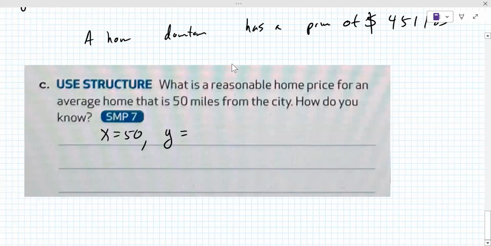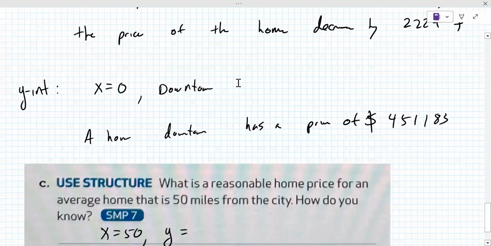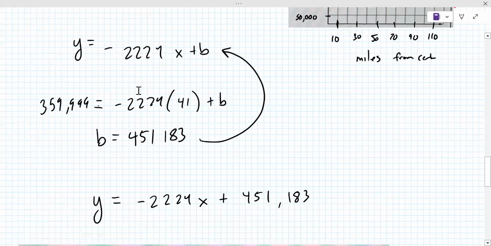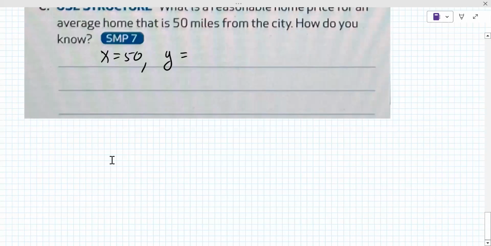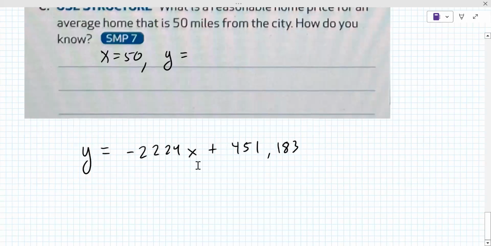300,000. Did you already put that into the equation? Oh, no. Okay. Put that in. You have to put that into this equation right here. Put in 50 for X. So you're going to multiply by 50 down here, and you might be right. It'll be close to there, but it won't be exactly that. And that's where, if you're just having a casual conversation, you're like, yeah, about 300,000, and